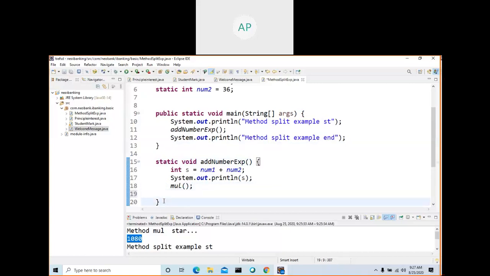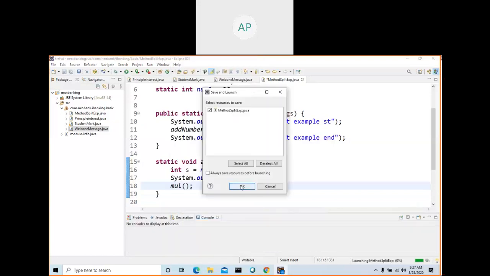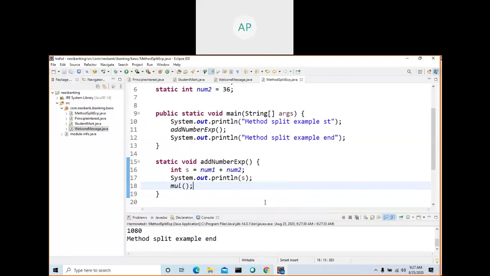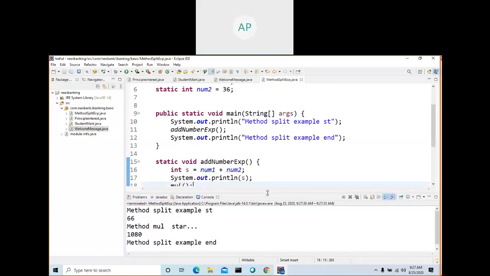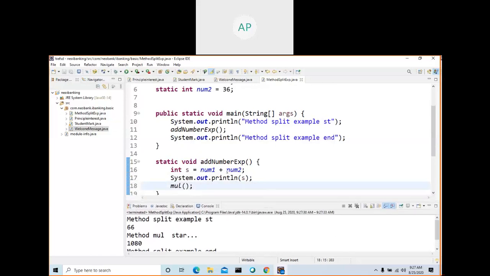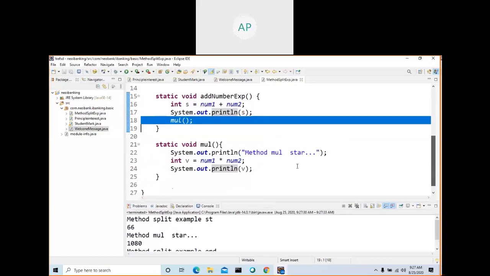Once it reaches here, your method execution completes. So this also will work, you can call from anywhere. So the flow will go accordingly. From this method, when it reaches this line, this method is not ending. Only after it returns, it will come here, then it will go here. So we will run this one and see what the output is.